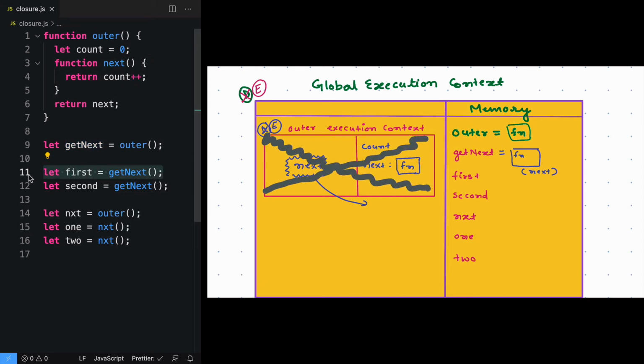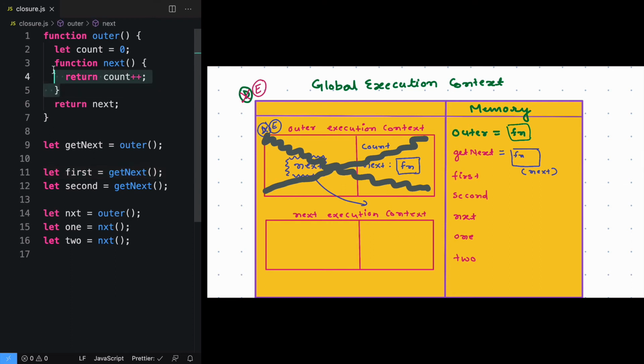So now we will move on to line number 11 and we can see here we are executing getNext. But let's understand what is the value of getNext. Here we can see getNext is a function. So can you execute a function? Obviously you can. So as soon as you execute a function, an execution context will be created here. And it is a function execution context of next. So we'll say next execution context. And here we'll look into next function. Right now it is in declaration mode. In declaration mode, I will look for any declaration. Do you see any declaration inside that? Not at all. So we'll just move on to execution phase.